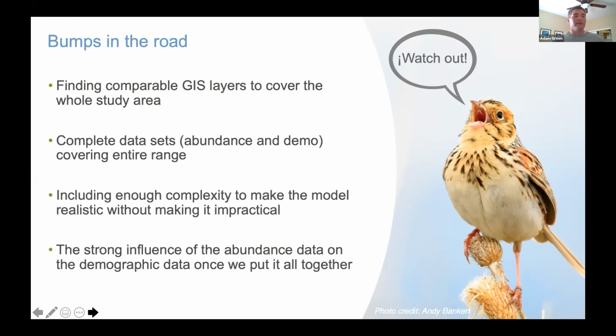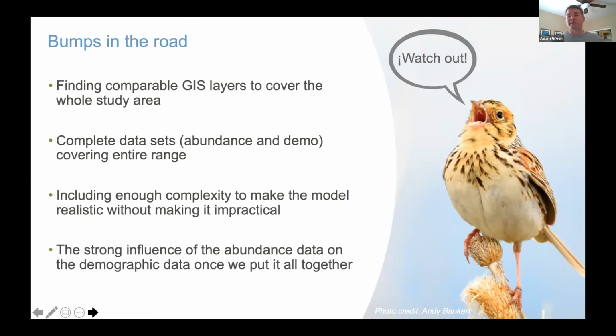Complete data sets across the entire range are difficult to obtain. So obviously this is a lot of work as it is, but we still only had a handful of demographic sites. Sorry for children in the background. And so we might not have very completely representative estimates of some of the demographic rates. And then again, IMBCR only covers the US portion of the breeding range. We hope to incorporate breeding bird survey data to cover a large portion of Baird's sparrow breeding range, but that's a large,